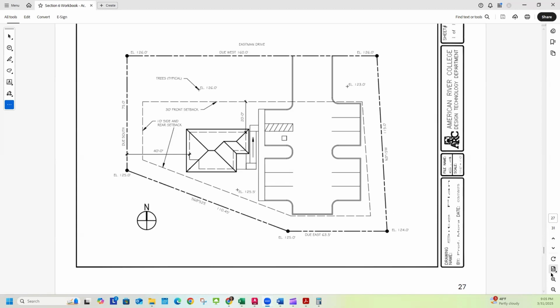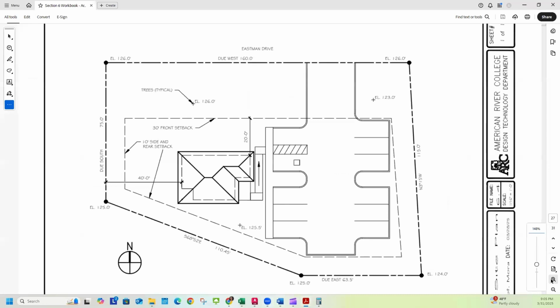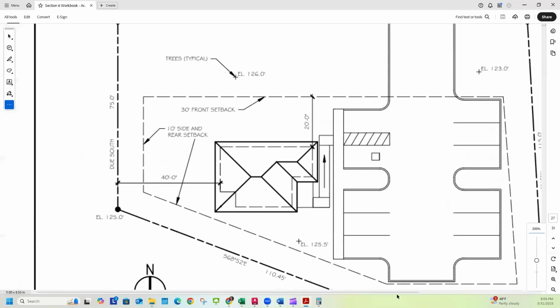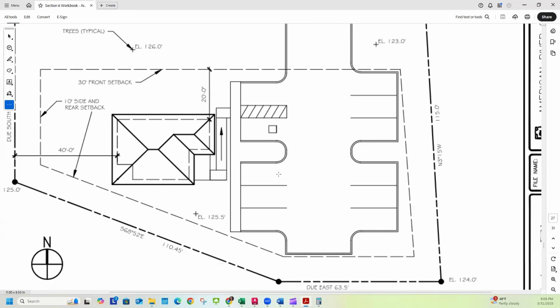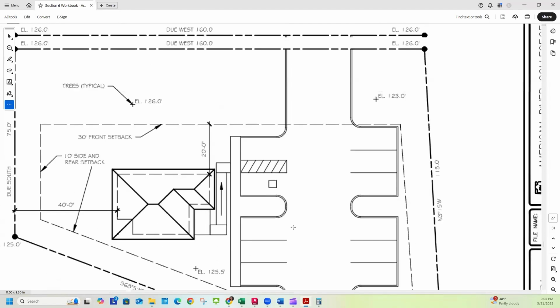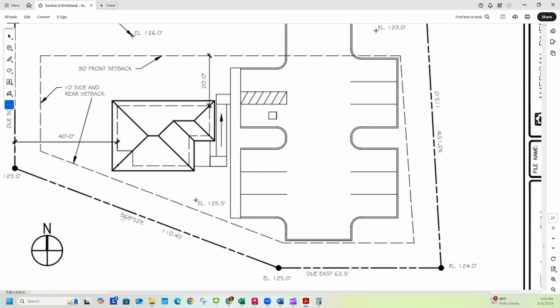So if I zoom in here, there's an N 3 degrees, so north 3 degrees, 15 minutes, which is the apostrophe, west. And the length of this line is 115 feet. So you might be wondering, what does that minutes mean, right? So once again here, south 68 degrees, 52 minutes east. And so it's just a way of getting more